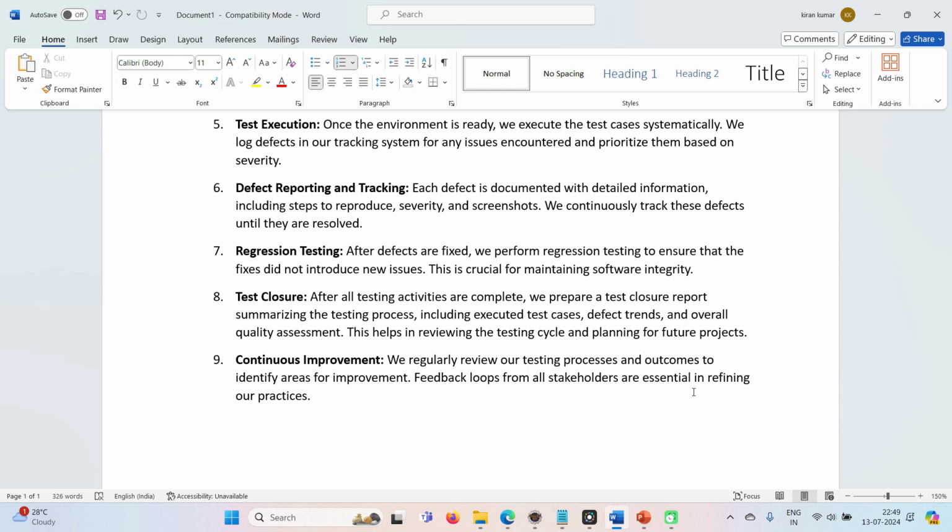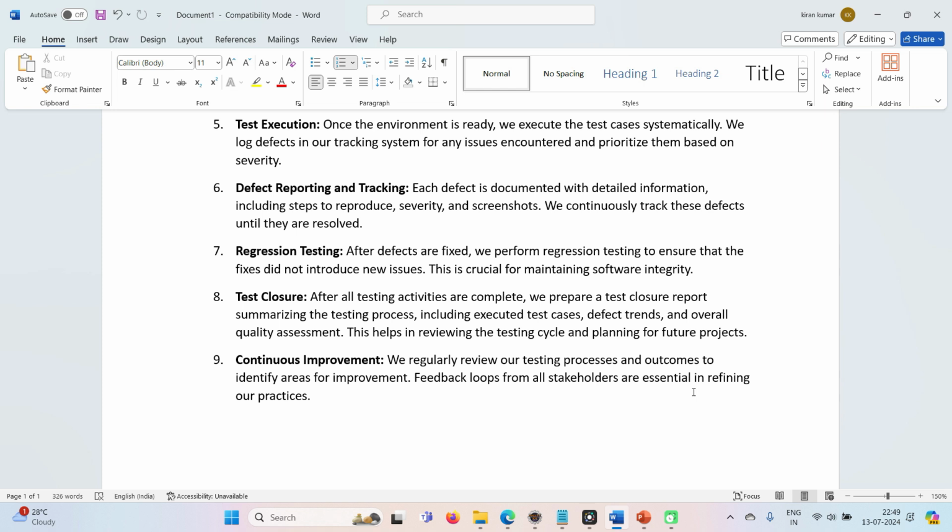Once defect reporting is done and the defect is fixed, we perform regression testing to check the impact of the modification. Once regression is also fine, we close the test. After all the testing activities are completed, we generate a test closure report.